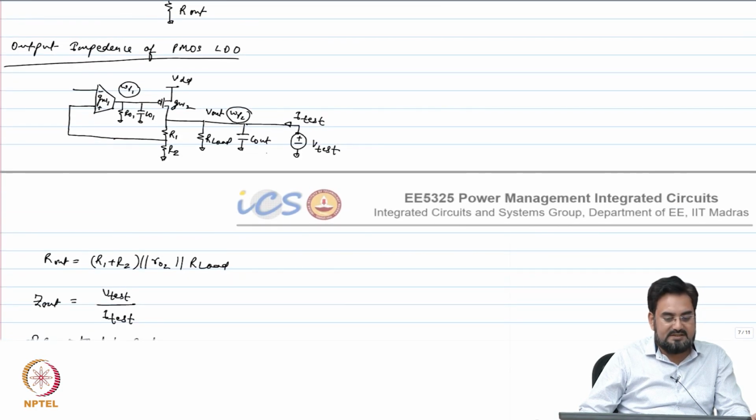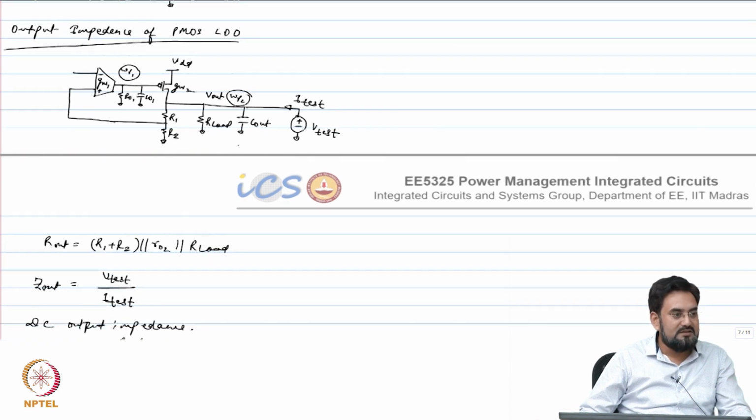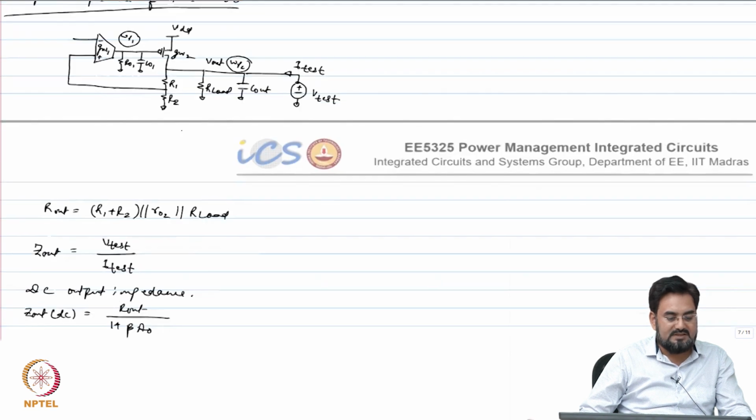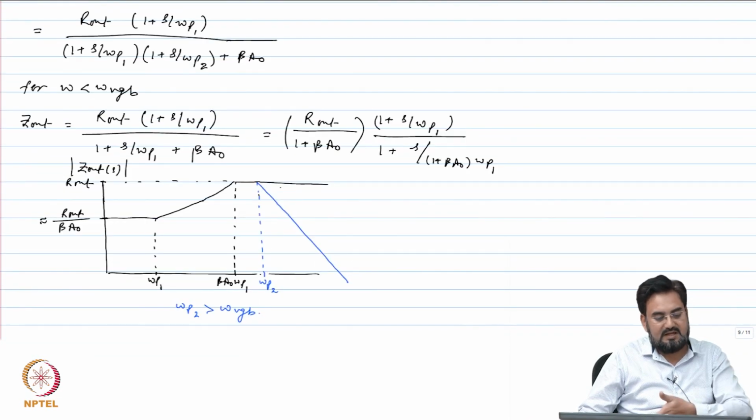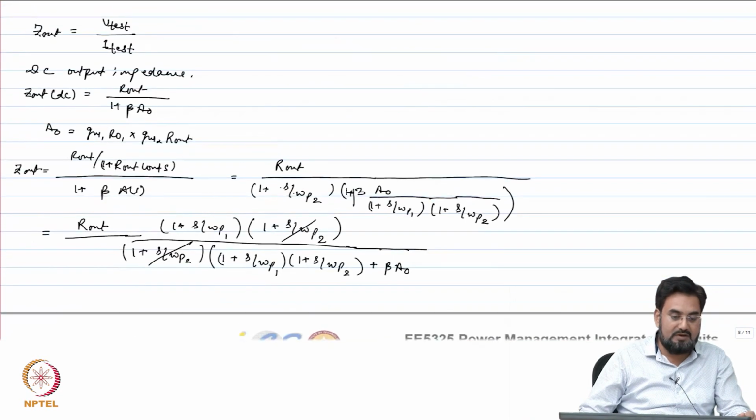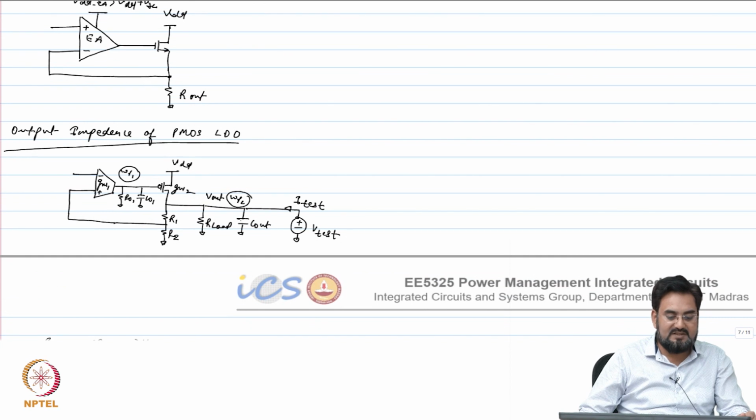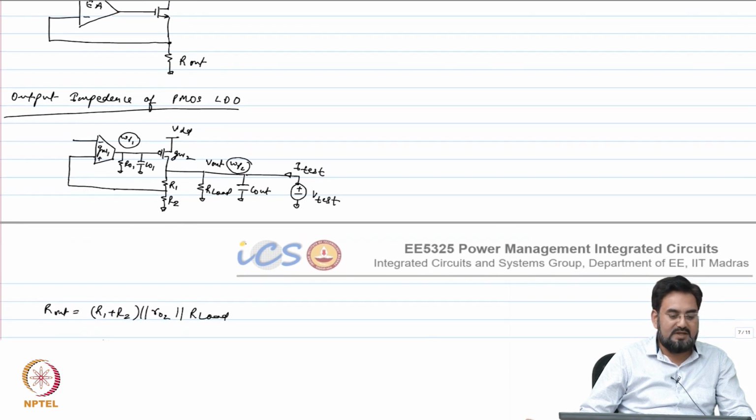When the second pole hits, this capacitor will come into picture and it will start creating a short impedance path. Okay. And then it will be driven by simply your second pole in that case, and it will start going with minus 20 dB, and not think about very high frequency. At very high frequency, this capacitor will act like a short to ground, so your impedance will be 0. Okay, that is what is happening.